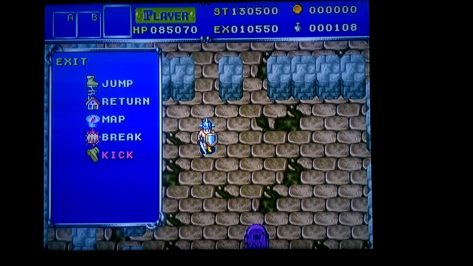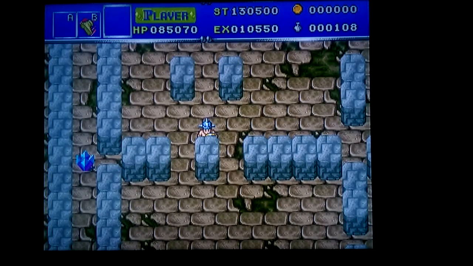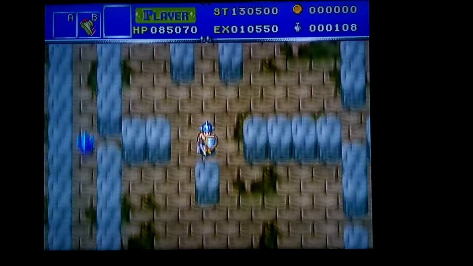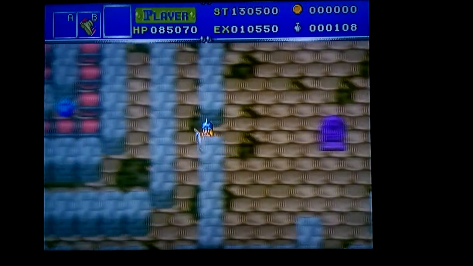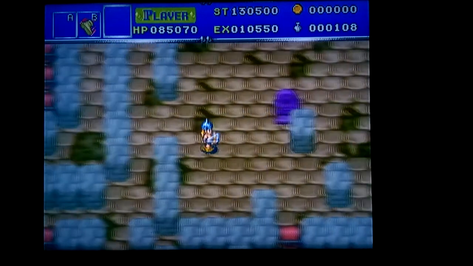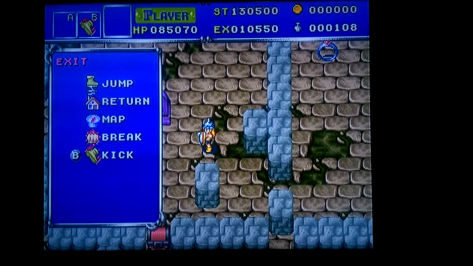The kick magic power allows you to kick blocks, and that's good because you can kick the blocks into an enemy and the enemy will die, so that's quite good. So it not only pushes it but kicks it into the enemy, and you can kill the enemies that way as well. Once you reach 10,000